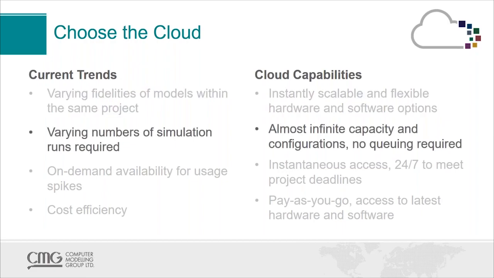All right, what about the different number of runs that you need to do? Once again, almost infinite capacity. By leveraging our own cloud, Azure, and Amazon AWS, you now have access to a large network of data centers, and you can have access to as many cores as you need, and you can configure these cores or computers any way that you want.